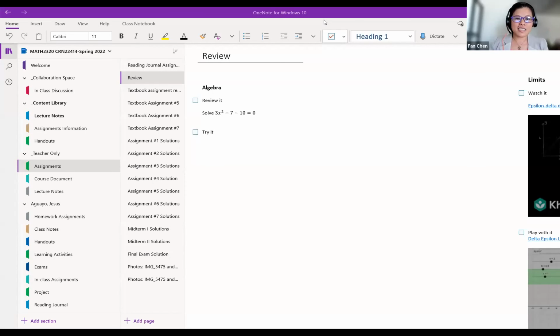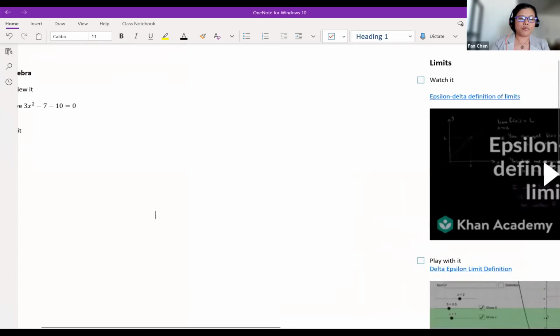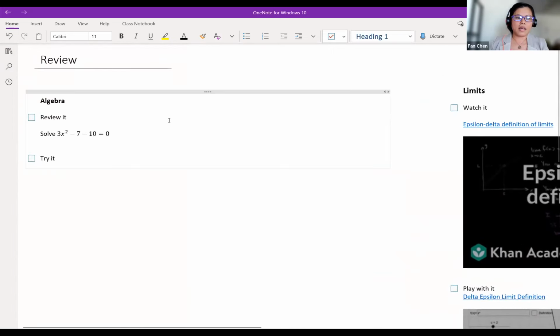All right, so this is the OneNote in my class. I used that last semester, spring 2022. It's my difference equation class, and there are several things I wanted to share with you, and I can do a demo very quickly. So for instance, I can make a handout for my students,